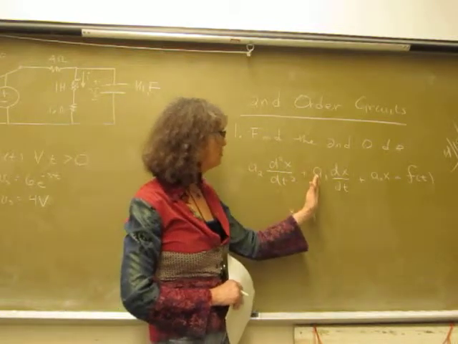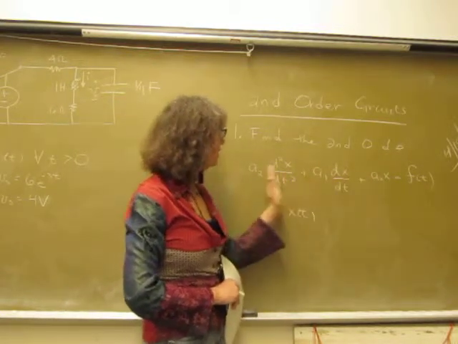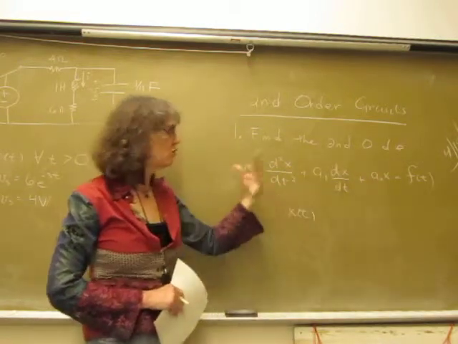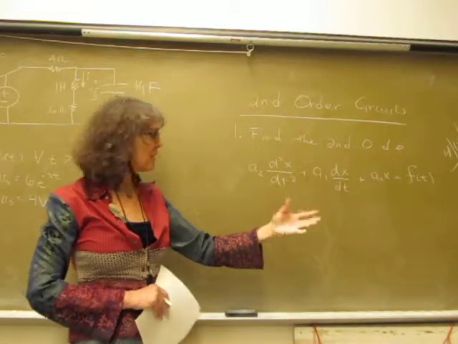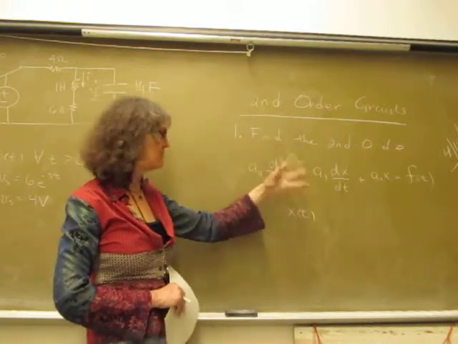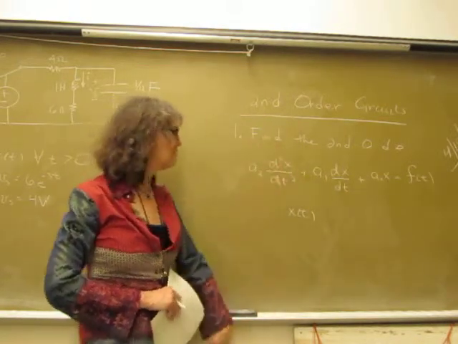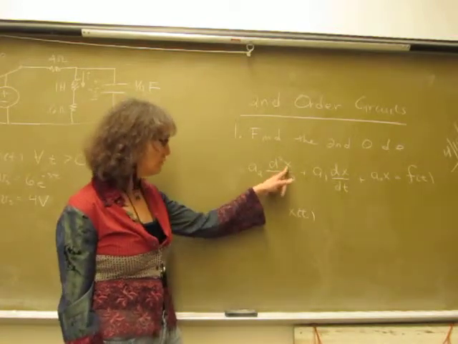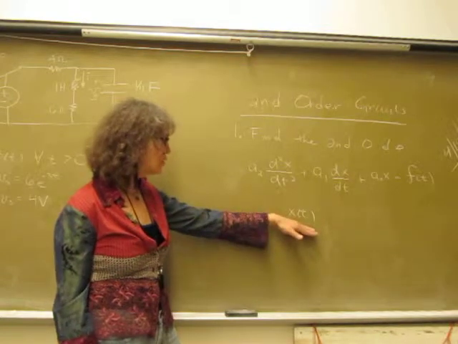That's going to determine the values of A0, A1, and A2. X is whatever you're interested in. It could be a voltage across a capacitor, a current through an inductor, or a current through some other place in the circuit. X is your variable. It's either going to be a voltage or current that you're looking for,